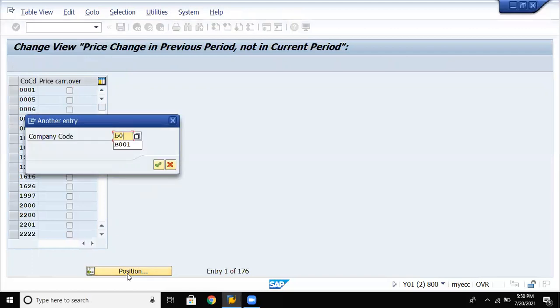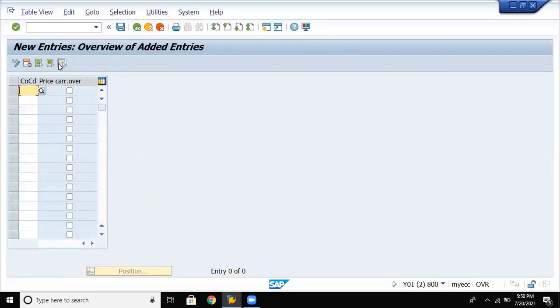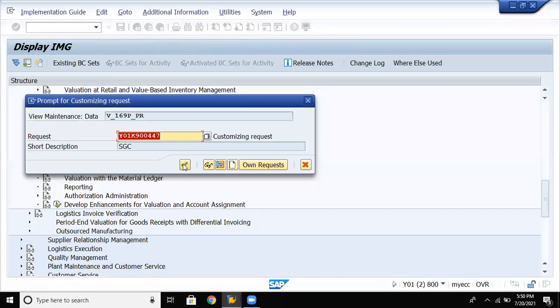Give your company code, enter. Here we don't have the company code updated, so let us click on new entry. Give your company code. Check the box, enter, save the data. Enter again.